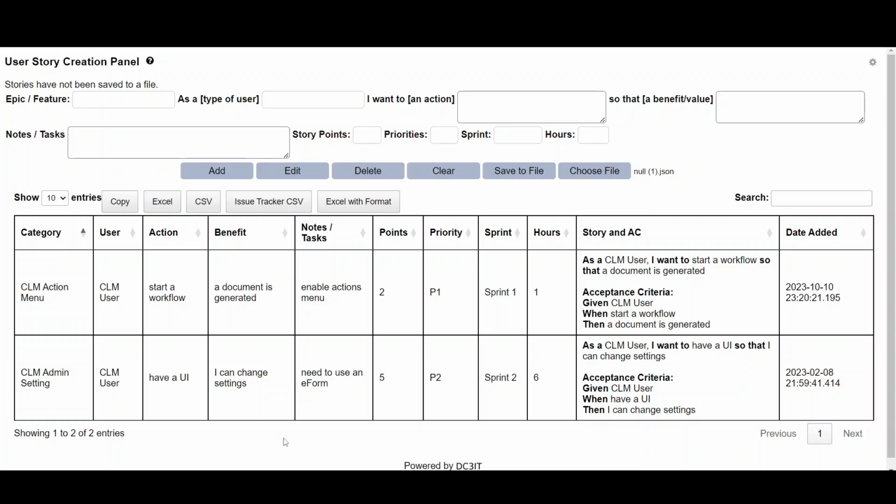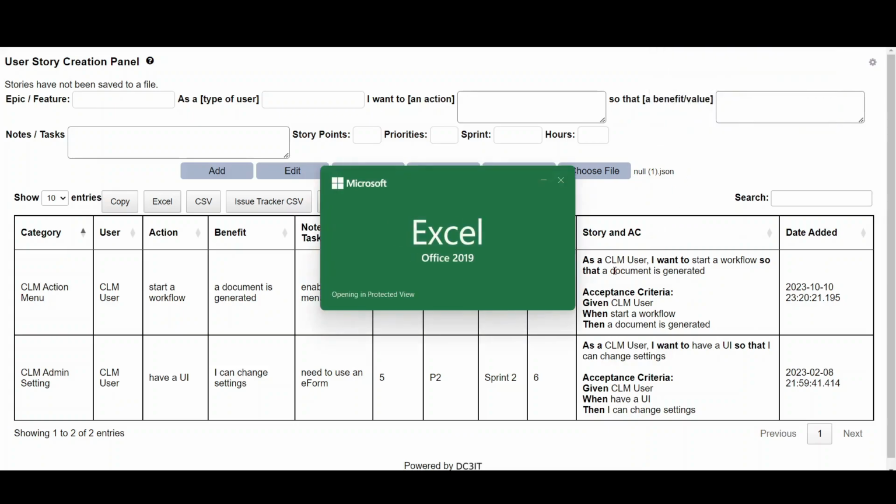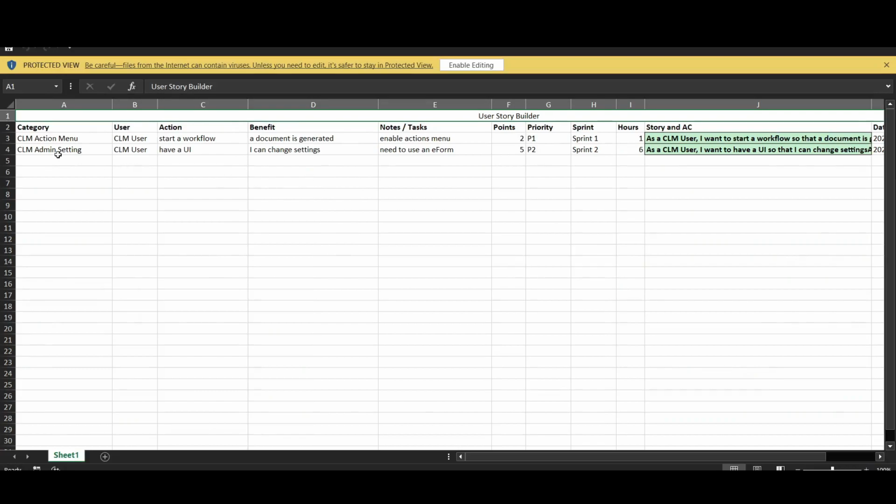In this video, I'd like to cover a new feature that's been added to the user story generator. There's a new button allowing you to export the rows and retain this formatting as best as possible, meaning the hard returns at a bare minimum. So if we click this Excel with format, what we will see is that the rows have all of the